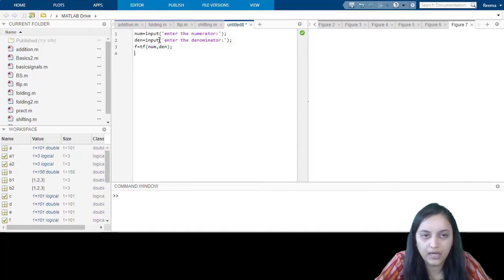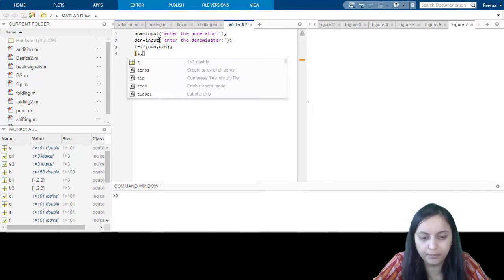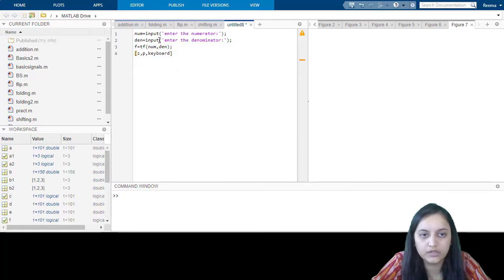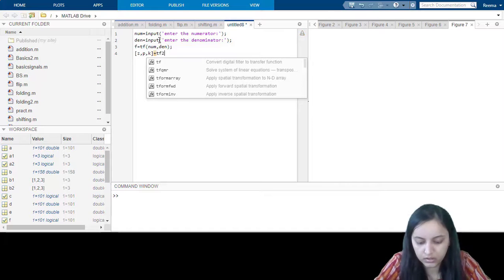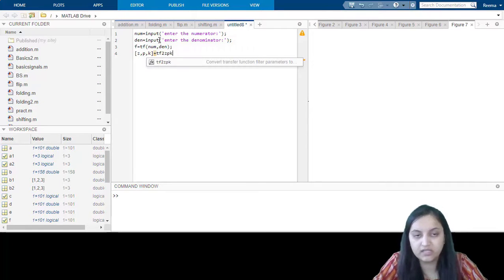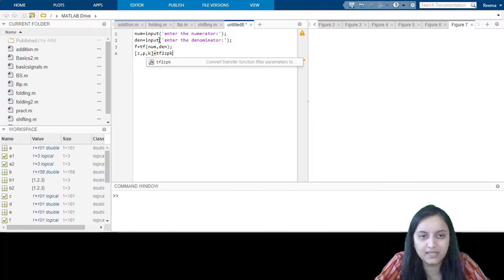And here we are going to enter zeros, poles and the constant, so we will enter z, comma p, comma k, in square brackets, equals to tf2zpk, that means we need to convert the transfer function to zeros and poles.